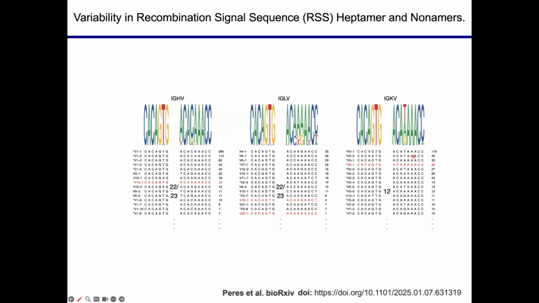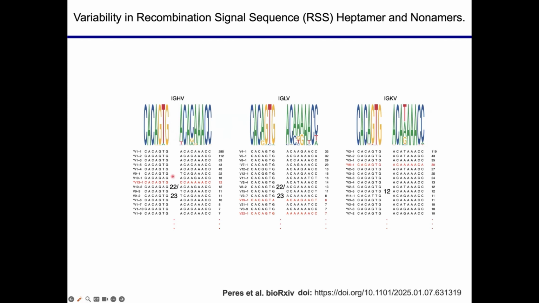Having all the sequence data also allowed us to look at the RSS sequences, so the recombination. These are sequences, of course, that are used for the recombination of naive B cells, of developing B cells as they develop into mature naive B cells. And so, what we found, typically at the 5' region, you're going to have your septamer and your nonomer at the 3' region.